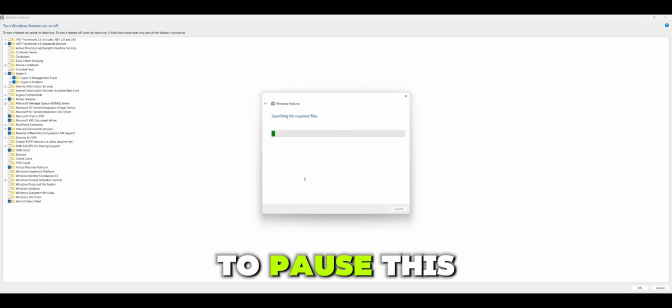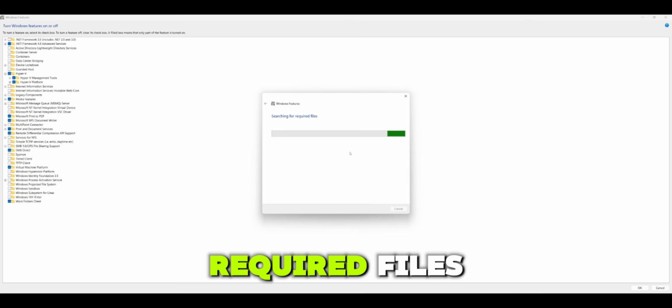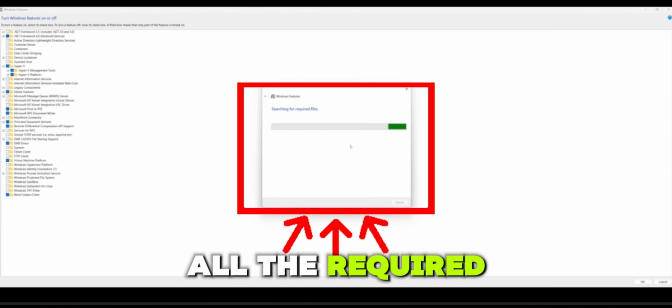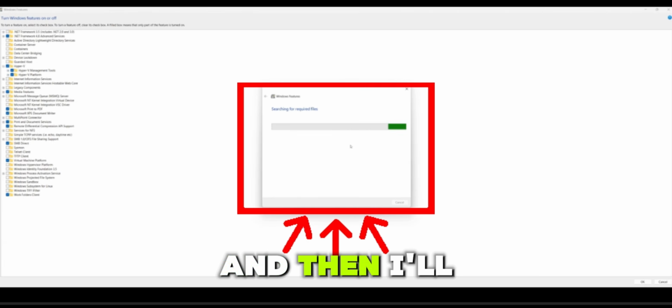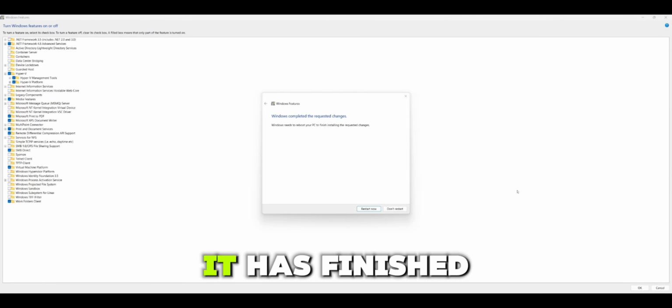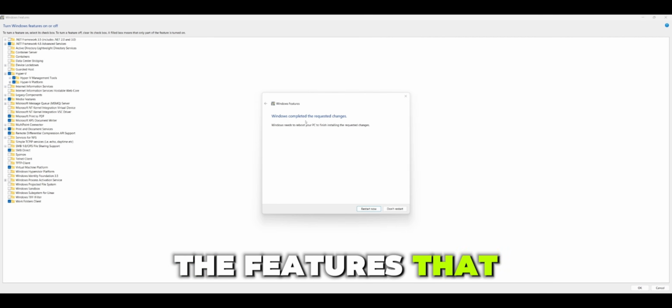I'm going to pause this video and wait for it to install all the required files, so I will not make the video very long. Once it installs all the required files, then I'll resume the video and show you anything you need to know. Guys, as you can see now, it has finished installing the features that we turned on,